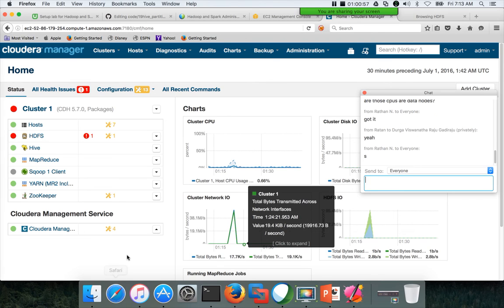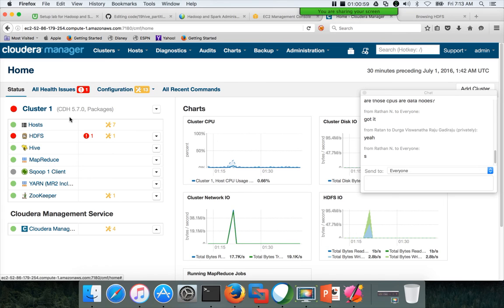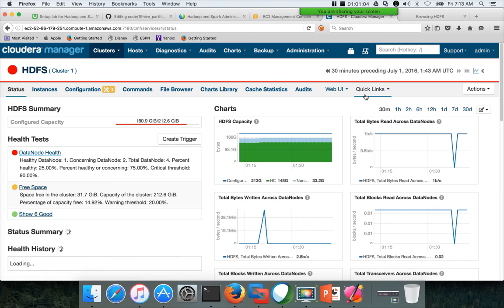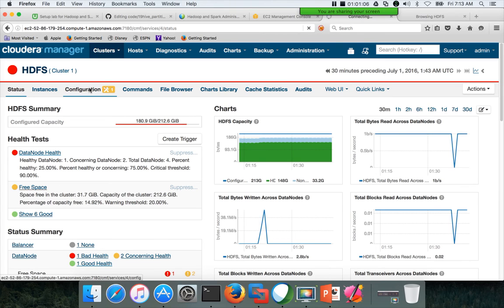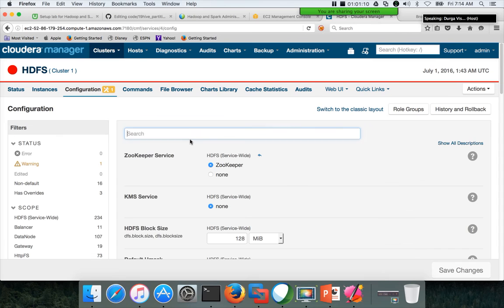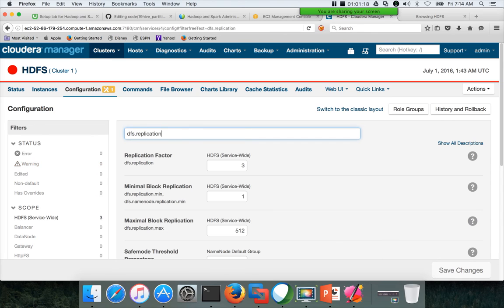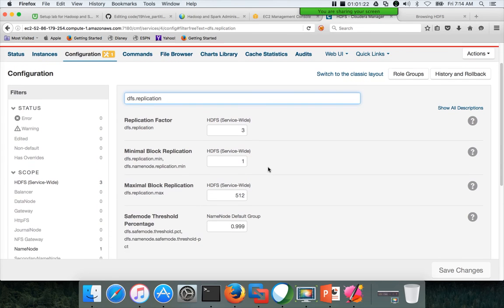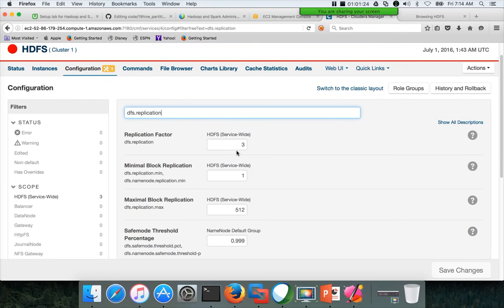Okay. So if you go to the configuration section of this service, and search for replication, you don't want the developers to override the replication factor at runtime. So you can search for dfs.replication here, and I think you cannot make it final from here.